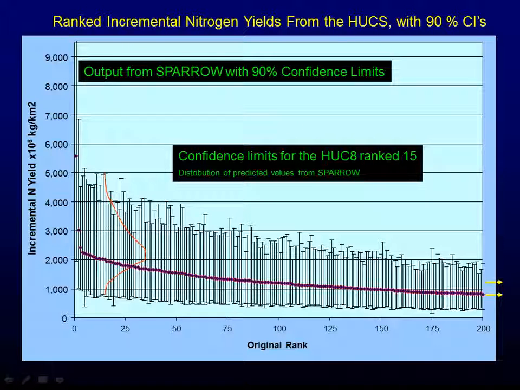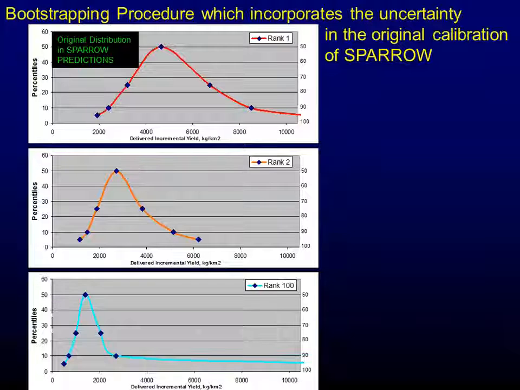They're pretty wide, but we try to take advantage of this to say how confident we are in some of our predictions. So if we look at this one, it is ranked number 15 typically, but it really has quite a range in confidence limits. You can see it could be somewhere between here and somewhere way out here. So what we tried to do then was develop an approach to come up with confidence limits.